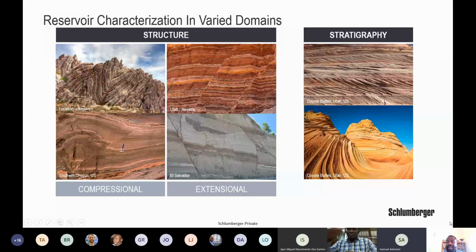One is the stratigraphic, leading to the main deposition features you have, and the other one is structure, due to post-deposition events that can impact and alter our reservoir in terms of its structure. And that can be very, very, very complex. We have all different types of reservoirs across the world. And in this picture here, you can see some of the outcrops where you have, for example,